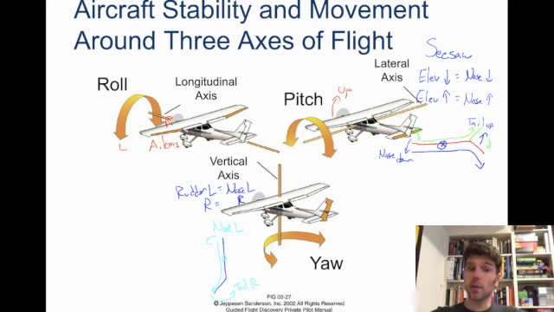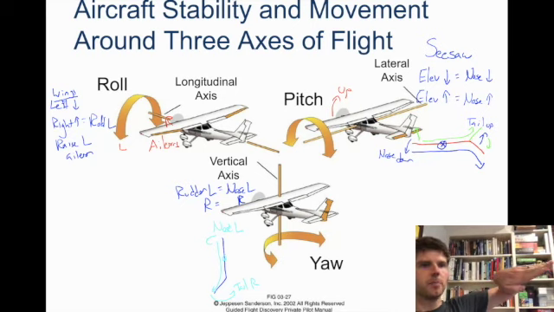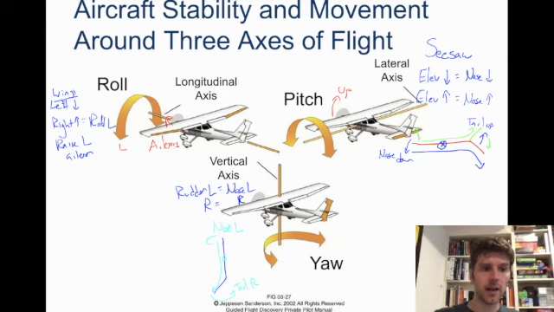Ailerons are a little bit more complicated because you have to think about the way that you want your plane to roll. So let's say I want to roll left. Then what do I need to do? I need my left wing down, and my right wing up. Well, how do I make my left wing go down? That means if I want to roll left, I have to raise the left aileron. So left aileron goes up, air goes up, left wing goes down,